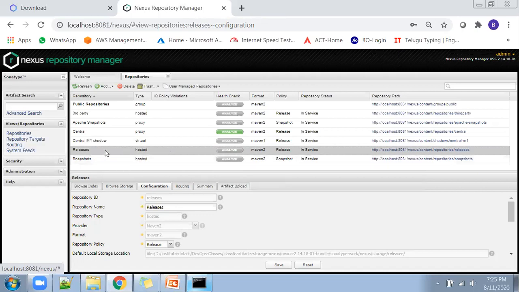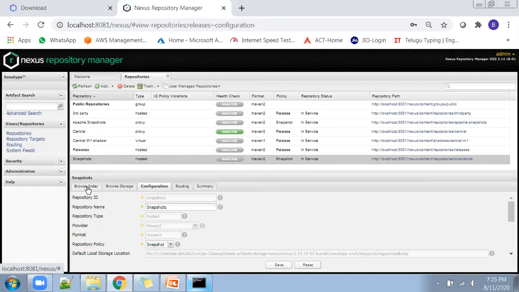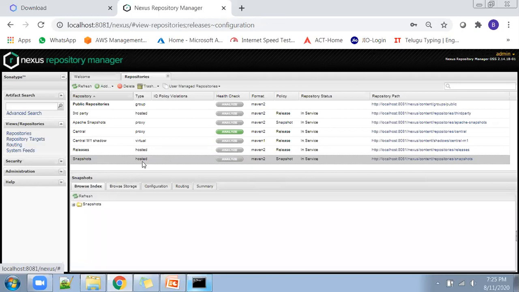So let's see snapshot first. Snapshot is nothing but whatever code you have developed using Maven. When you do a build, when you do Maven package, it creates a war file, and the war file has the name snapshot. That means it is not the final version. It is some copy, and it's not ready for production. So basically, it is a testing copy.